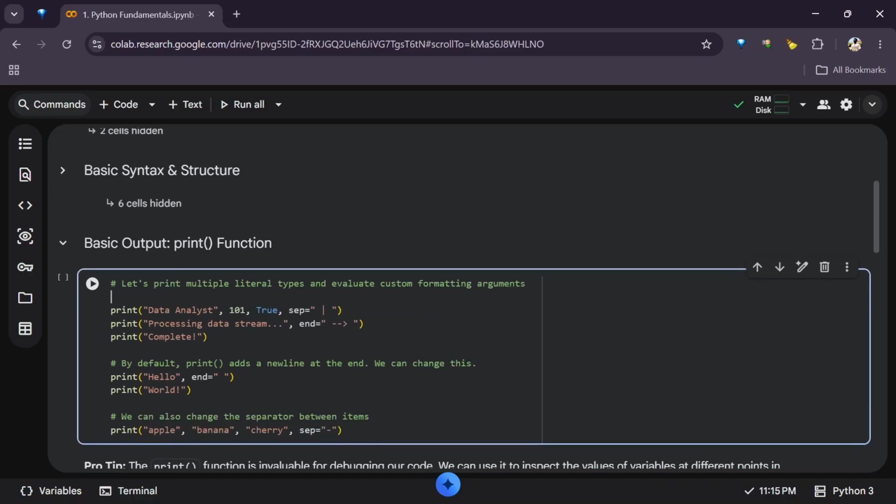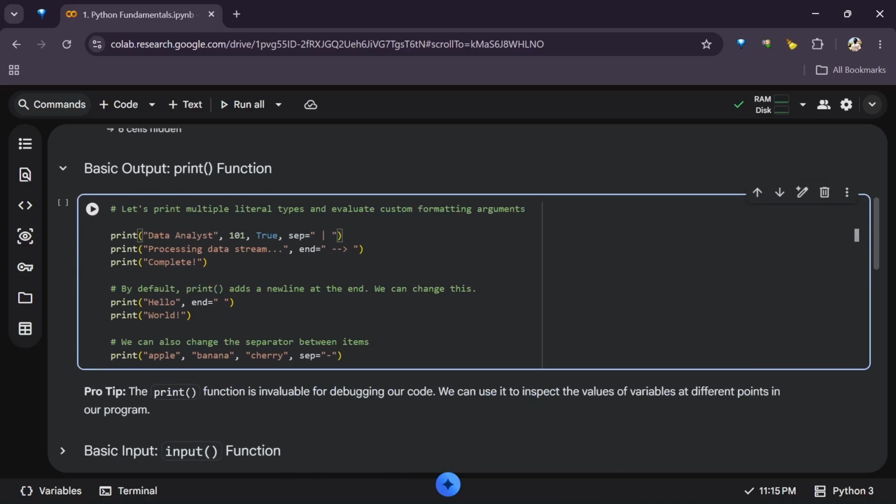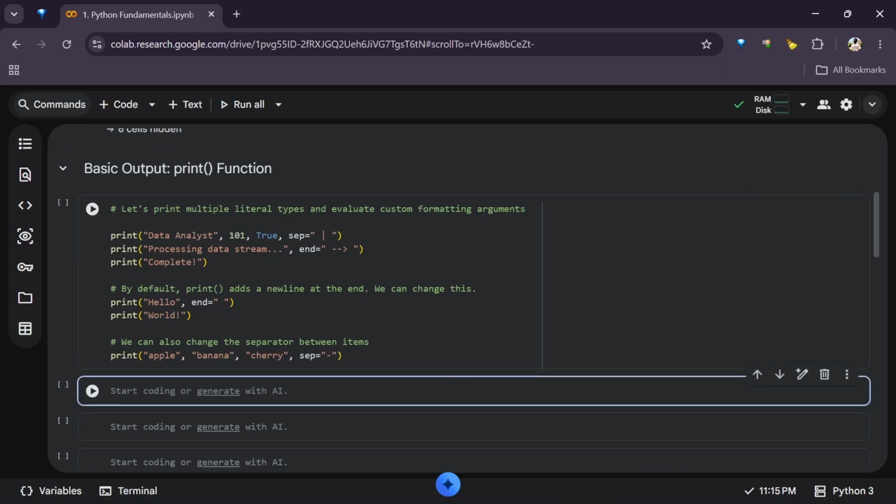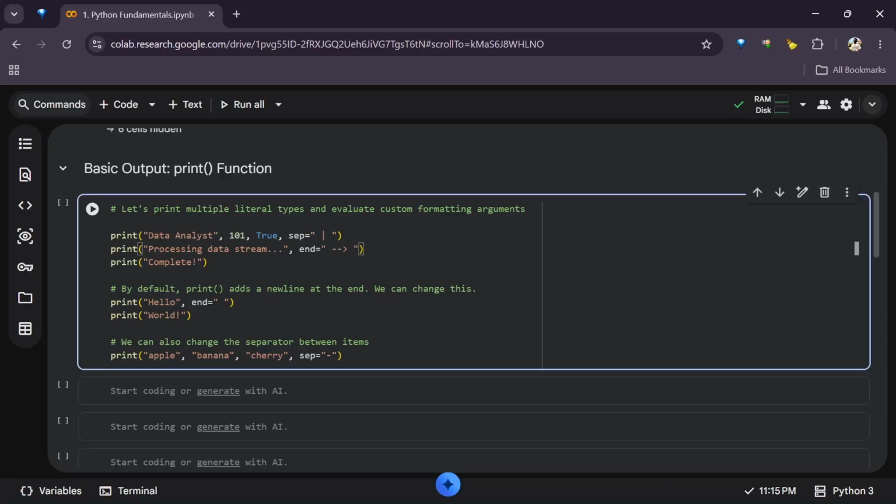What did we do here? We just have print for printing data analyst, separating with a comma, which acts more like a concatenation, as if we're joining them. So we have data analyst 101 true, the foundation of data analysis for you. And now we decide in this case that the separator will be this. So I'll just split this into multiple lines of code.